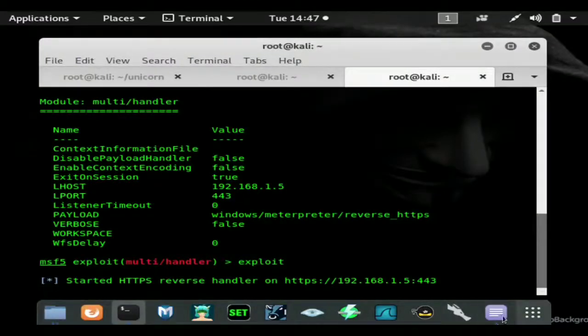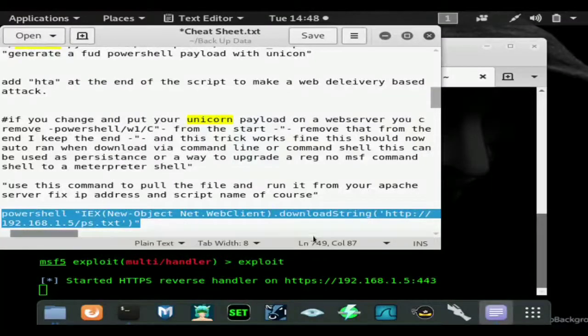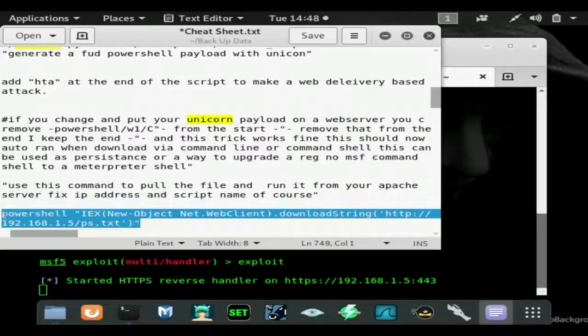Now if we go over to my handy dandy cheat sheet, you can see we have a script here that says PowerShell, and then you need to write down this script. Now here you would use your public IP address if you're doing it remotely. If you're using ngrok, you'd use the ngrok link and then slash the file's name. That's very, very, very important that everything is typed the same and the IP address is correct for this to